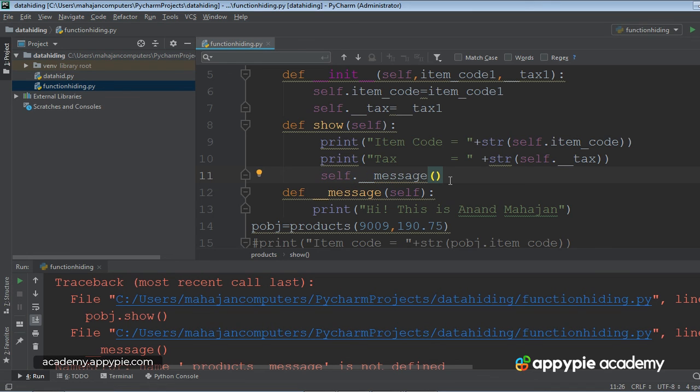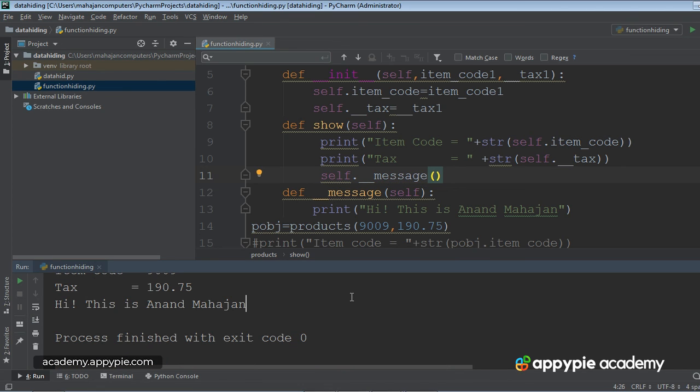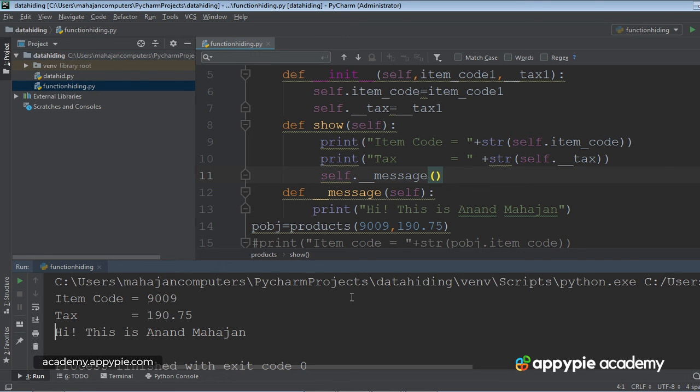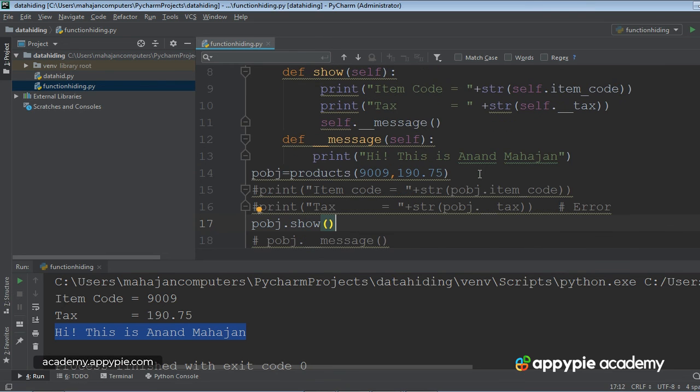Control Shift F10. Yeah, as you can see, when the control went to the show function, it displayed item X. At the same time, here we called the message function, which got this message printed on the screen: Hi, this is Anand Mahajan. So again, let me tell you that what do we